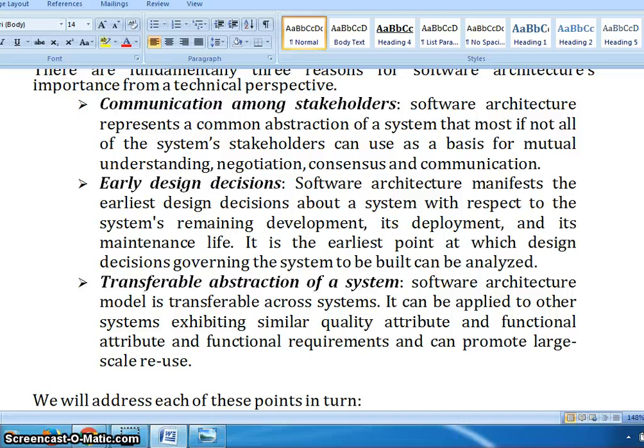Only the mode of transportation is different, and the cost of traveling will be different. Like this, some object modification, some attribute modification I can implement there, and this is how I can transfer the software architecture from one model to another. So from the software architecture we can define it as a transferable abstraction of a system.